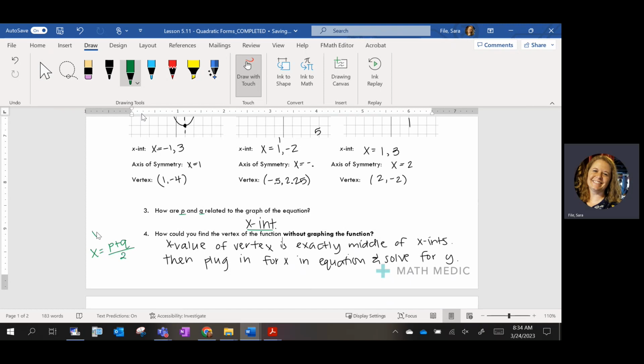Okay, to get the x of the vertex, you do P plus Q divided by 2, and then plug in x to get y. Mathematically, that's what you're doing. Good? All right, so on the back, if you'll flip this over,